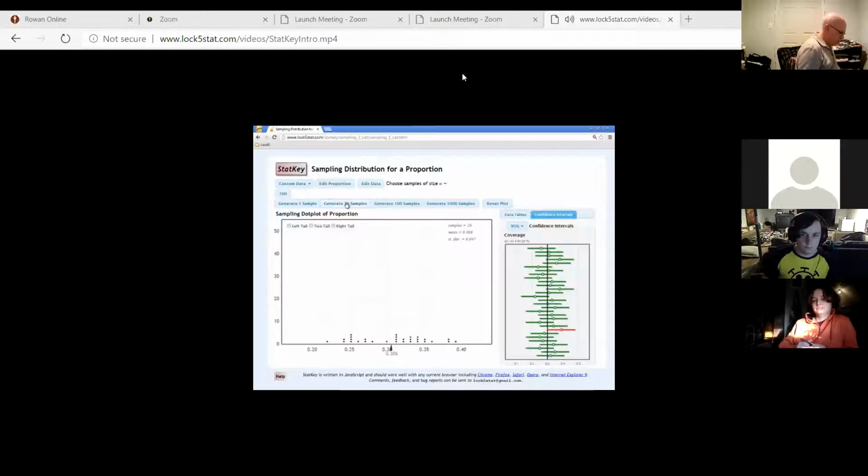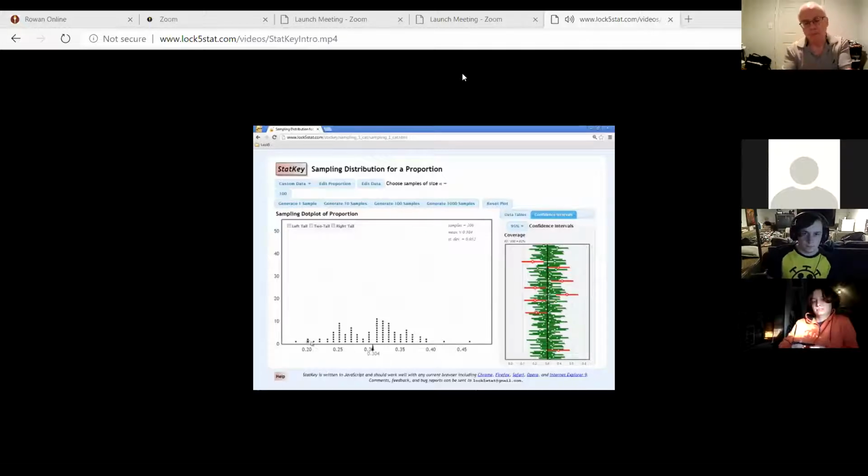Here's 20, 30, 40, here's 50. We've got another one that's missed here. So this one's missed on the low side at 0.21. Let's generate a few more. Here's a couple more that have missed. And so out of 100, we've got a total of 92 intervals which successfully captured the proportion of 0.3 and 8 that have missed. And we can see the ones that miss are on the low side here at 0.18,